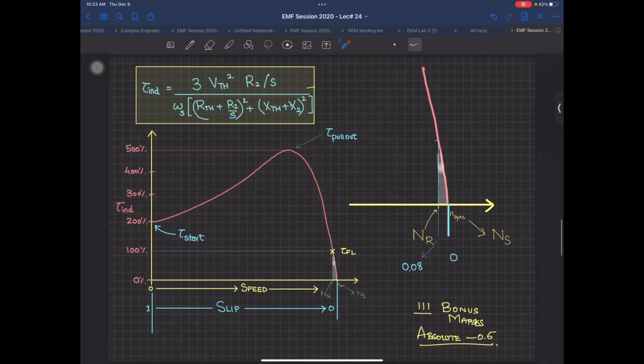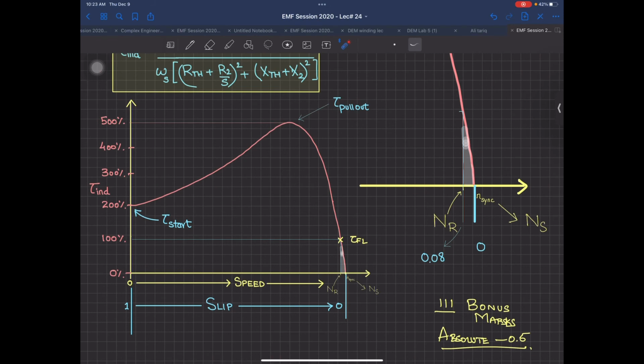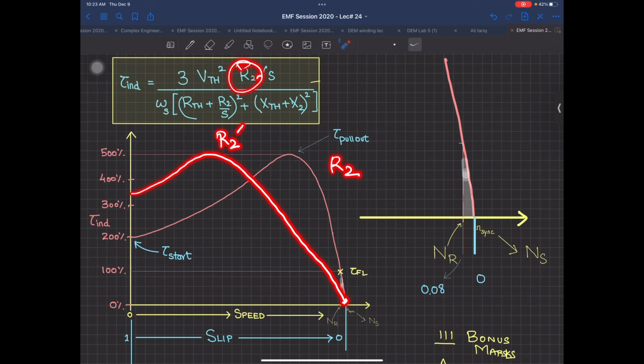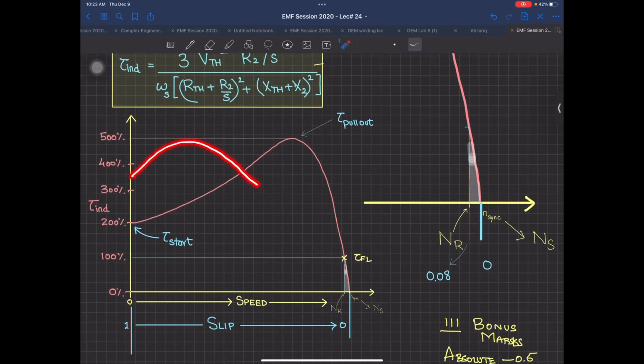Now one thing, maybe tomorrow I will talk about it in your combined class. This torque slip curve, if I change your rotor resistance R2, this curve will become like this. Why? We will talk about this one. But this curve can change by changing the rotor resistance R2, which means at this point, if it was R2, at this point, supposing this is R2 dash, this means that R2 dash is greater than R2. So you are getting a lot of starting torque also. But the problem is that for full load, the speed is reduced.